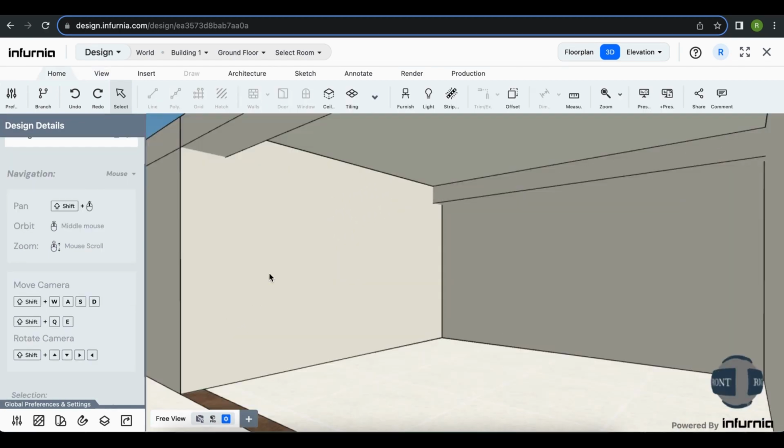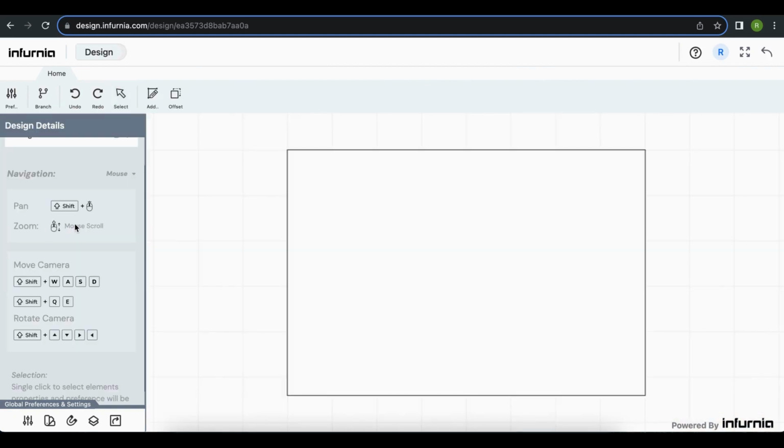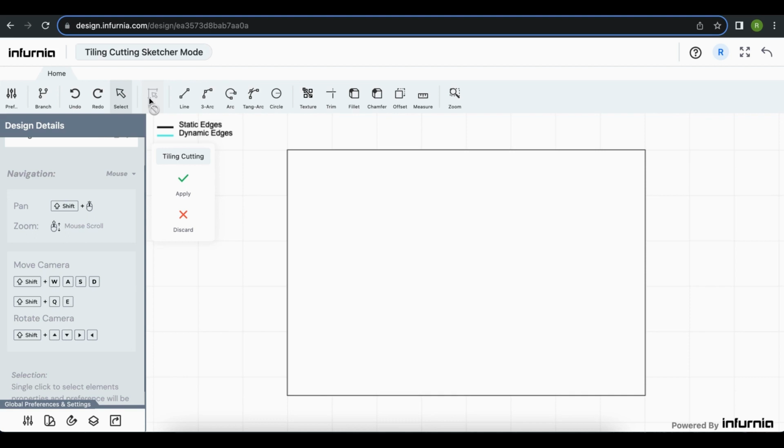Let's say I want to create a cutout in this wall. So what I will do is that I'll select this particular wall and I'll go into the tiling and cutting tool here. So the elevation outline of this wall is now shown in the sketcher mode, in which I can add a shape by selecting this tool, and I can draft using any of the available line and arc tools and create a shape of which I want the cutout to be done. So I'll select line and